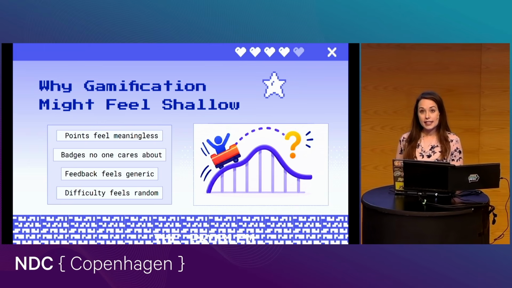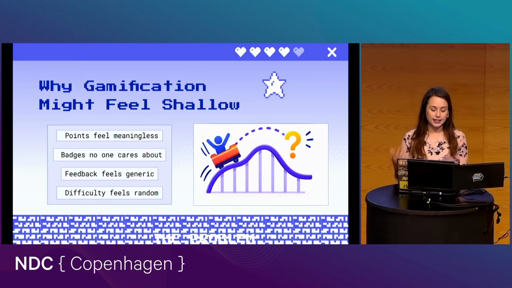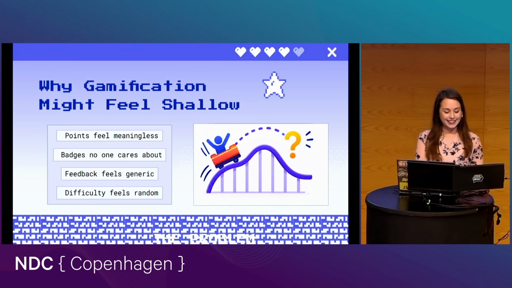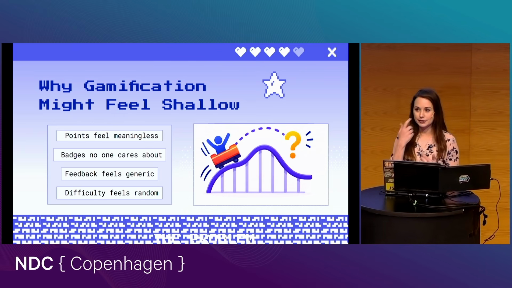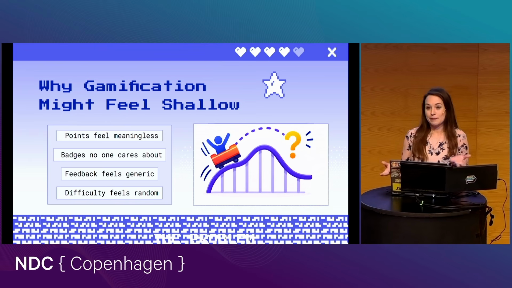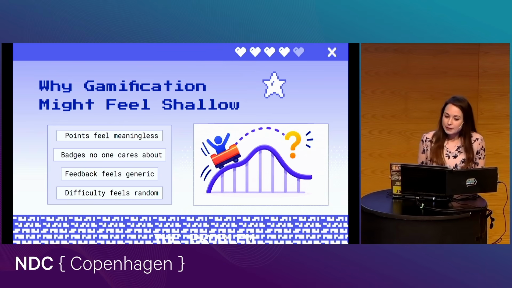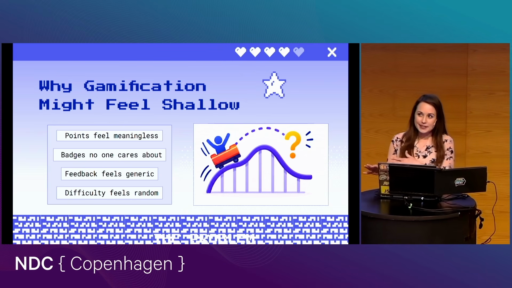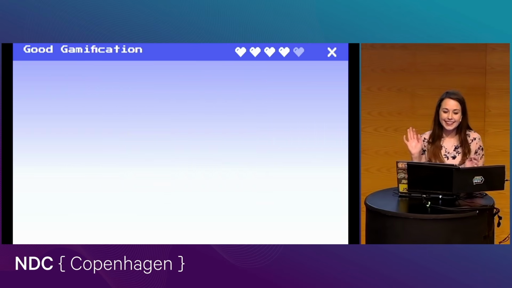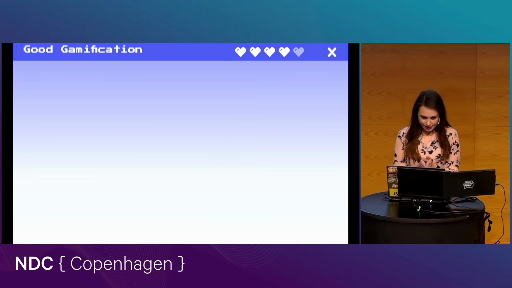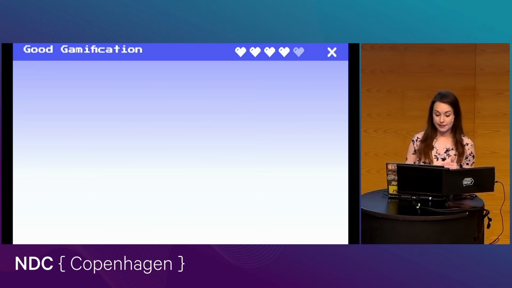And another thing I'll say is, if you are trying to gamify some kind of experience or application, of course, that experience or application on its own should have great, meaningful value behind the scenes itself without needing that gamification, right? So it should actually be a good app, and then you just add a little bit extra to maybe hook some users. All right, so if shallow gamification is the version that we're all kind of rolling our eyes at, what is good gamification?